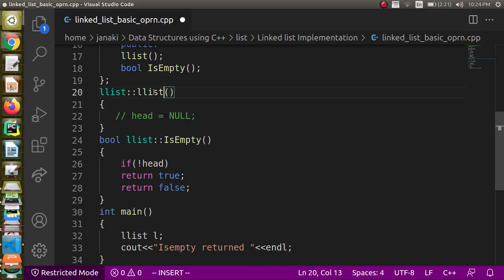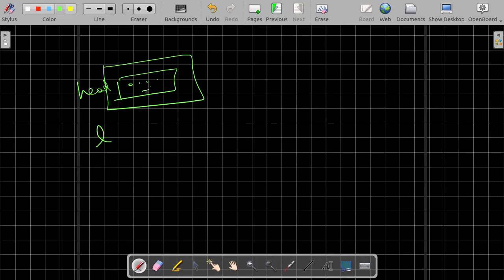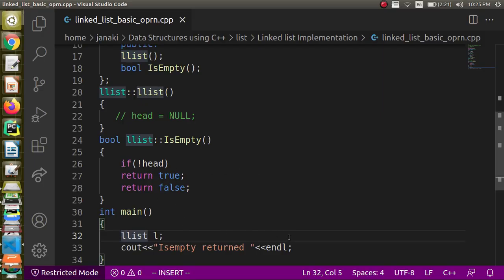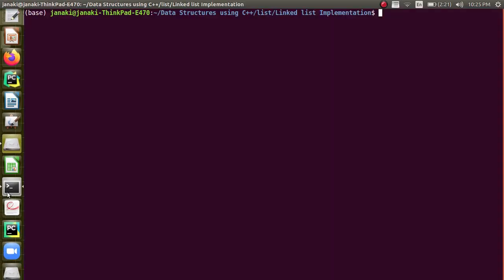Last implementation itself we discussed. So if I have it as a constructor, then what will happen is, this constructor will be automatically invoked and it will make head as null, okay. So here in this memory, instead of having some garbage value, it will be having as null. So when you check as empty, it will return true, okay. How in true will be printed is 1 and false is 0. Now what I have done is, I have commented this line. Since I have commented this line, it will not get initialized. Just recall that C and C++ do not initialize the memory, okay. So we should see a false for isEmpty, okay.